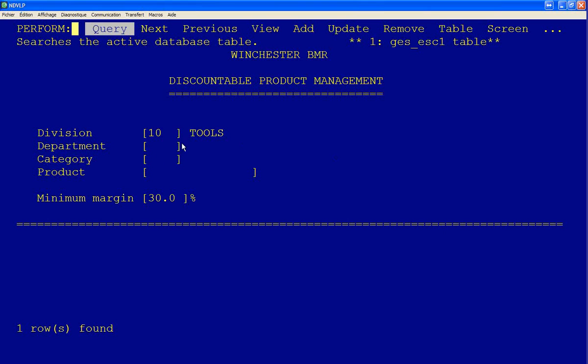For example, here, everything that is in division 10, the minimum margin should be 30% for the product to be discountable. If the profit margin is higher than 30%, the flag in the inventory will be set automatically to yes. If the profit margin is 30% or less, then the flag is going to be set to no. So the product won't be